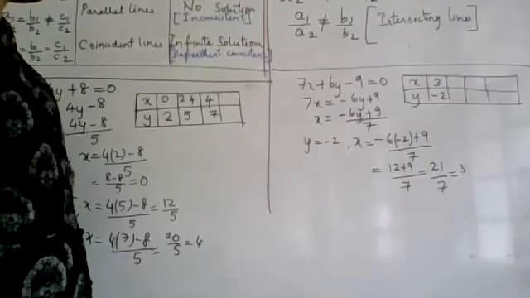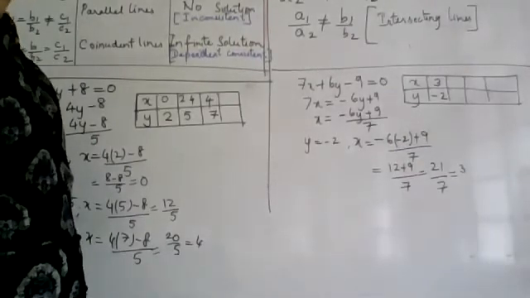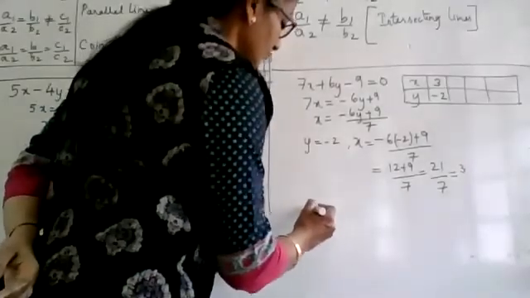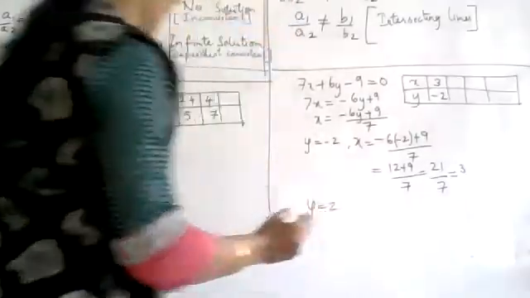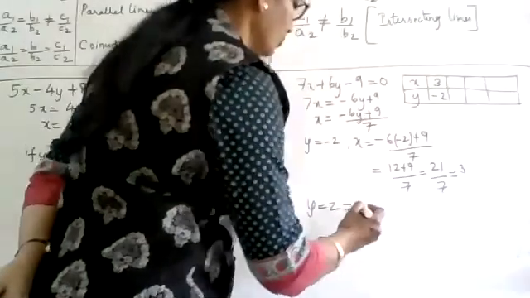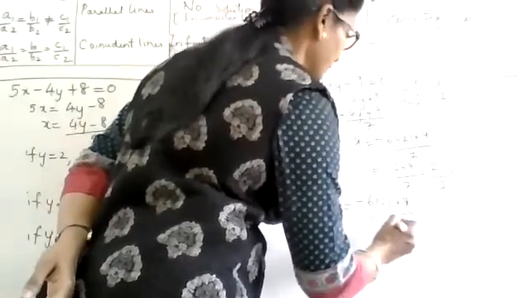For y is equal to 2, what did you get? Negative 2 only you got this. For y is equal to 2, x should be 0 because here we were getting 0. 8 minus 8 by 5, yeah, we were getting 0. What about here? y is equal to 2? No? We are getting a decimal. Let us try what it is. 2 means it is negative 6 into 2 plus 9 divided by 7.